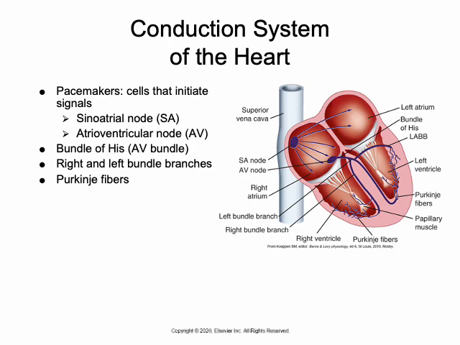Now we have conducting fibers from this AV node that converge to form the bundle of His, sometimes referred to as the atrioventricular bundle. Within the posterior border of the interventricular septum lies this bundle of His, and it gives rise to the right and left bundle branches. The right bundle branch, sometimes referred to as the RBB, is thin and travels within much